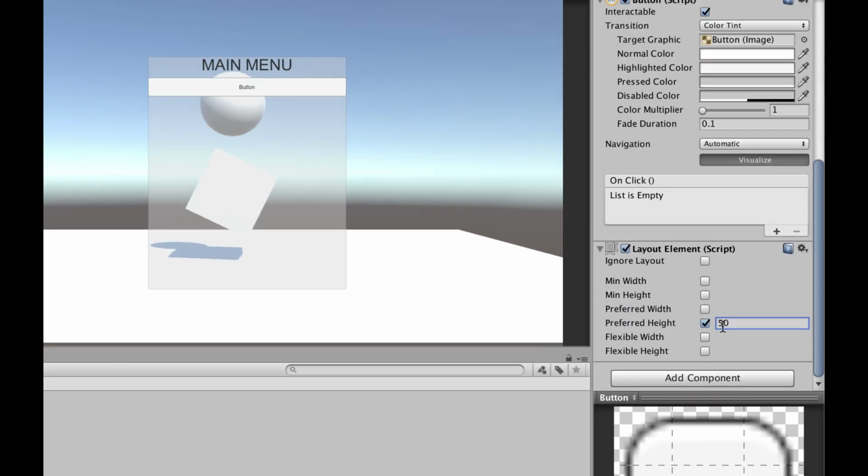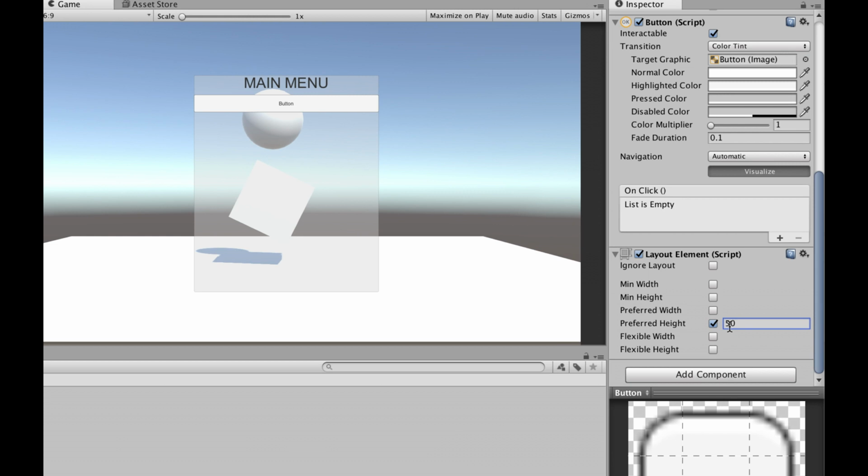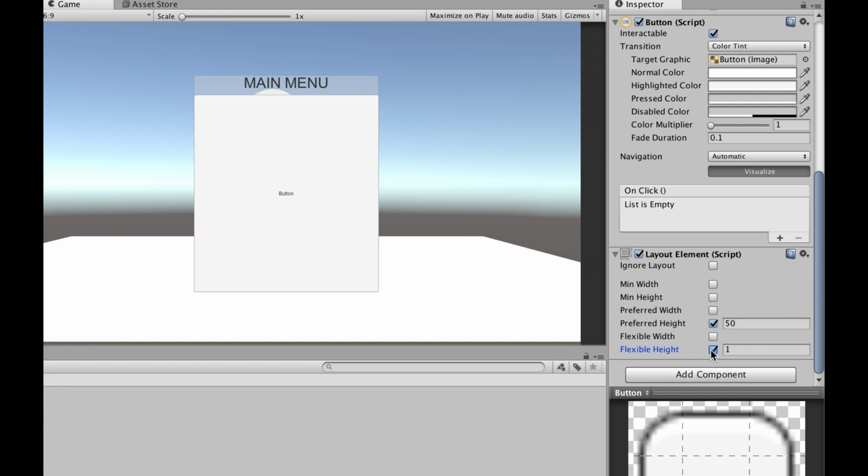So this is the height that, depending on how much space it has, is going to try to always be 50. You can also have a flexible height and have different values. So here the flexible height takes over, but you can always change the values here, okay? If you put 0, then it's not going to change much, but then if you increase that, it's going to take more space, okay? All right, but it doesn't make sense right now. The flexible height will be great if you remove the preferred height. All right, so okay, so that's how we dealt with having a bigger